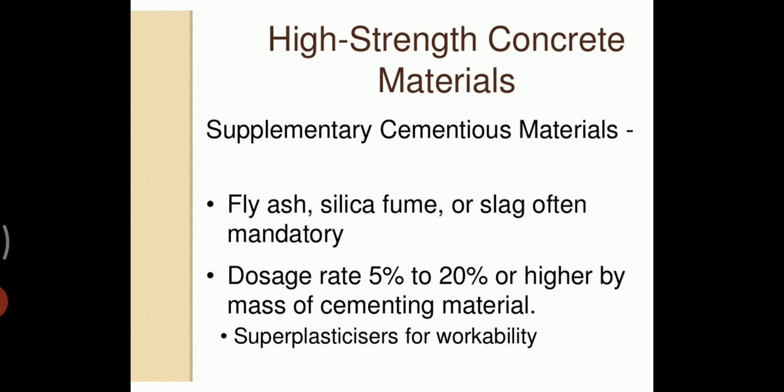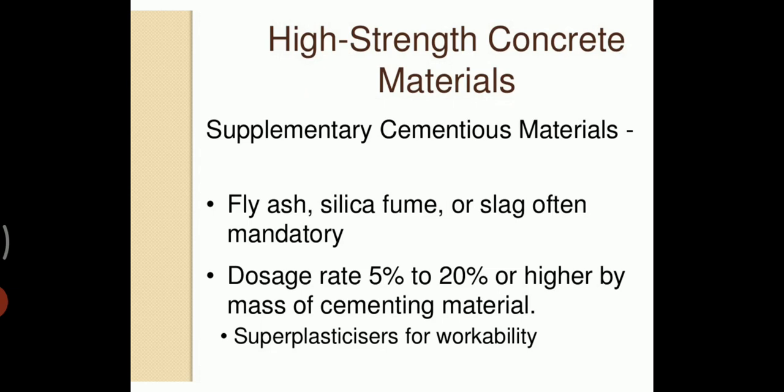Then superplasticizer. For workability purpose we need superplasticizer, since in order to obtain the greatest strength of concrete, we have to minimize the water cement ratio. That is the major parameter to get high strength in concrete. But if we reduce the water cement ratio dramatically, what happens? The workability is the main factor which is severely affected. So in order to increase the workability of concrete, we have to use superplasticizer as an admixture for this purpose.